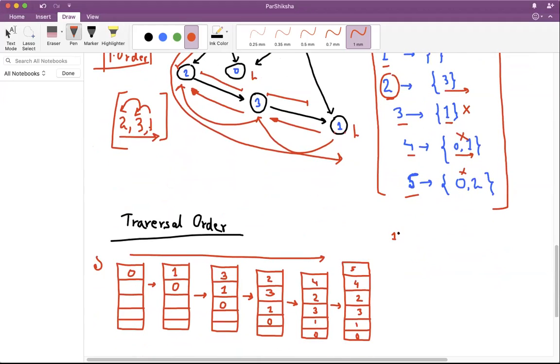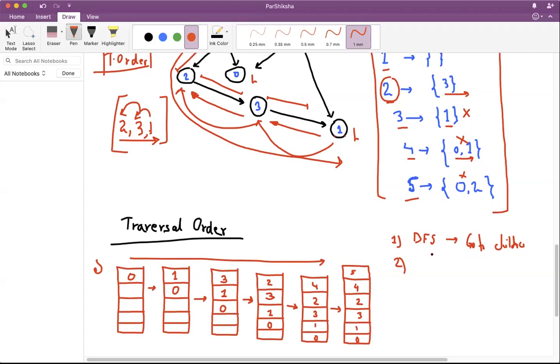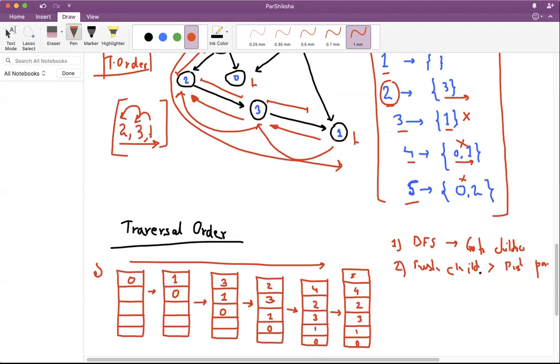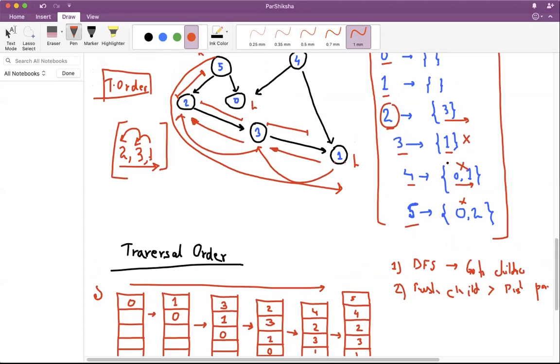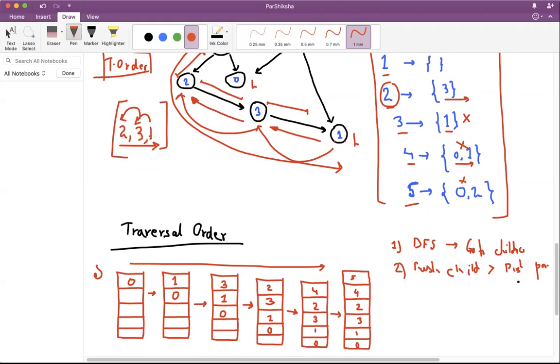So one is that we do a DFS, which is basically saying go to children unless all the children have been seen. So that is one, and the other is push children before pushing the parent into the stack, right? So that is if those two constraints hold, which is this algorithm that we'll implement in a code form. If these two invariants are kept, then what will happen is that since you've pushed